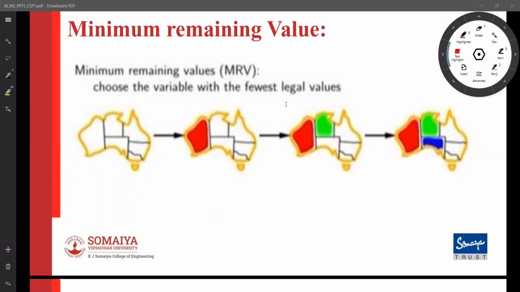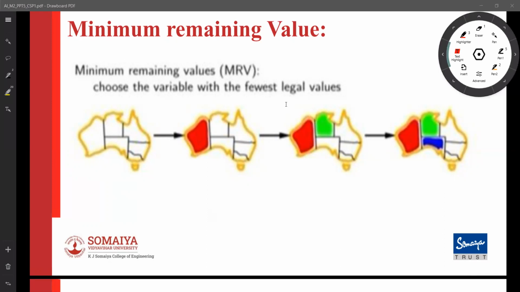So what are the various indicators of how busy a variable is, or how constrained it is? One is the degree of the variable, which is one of the most important intuitions or heuristics. Another is the size of the set of possible values it has.